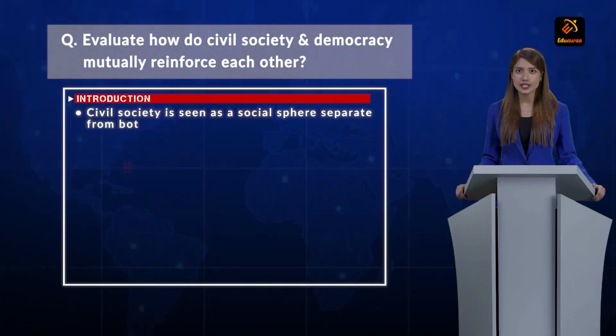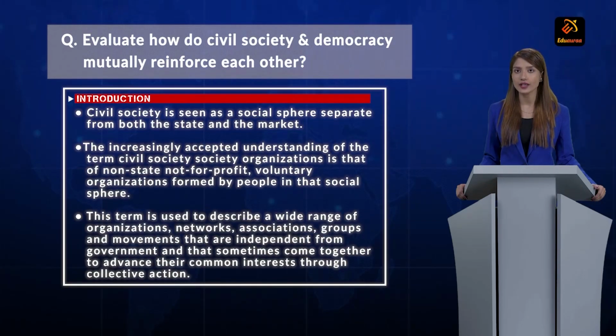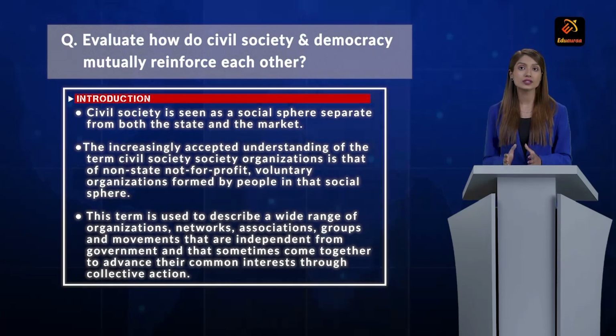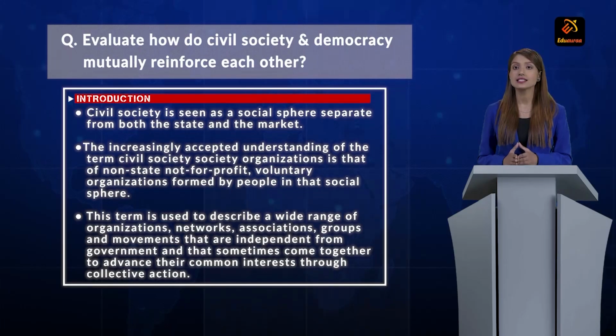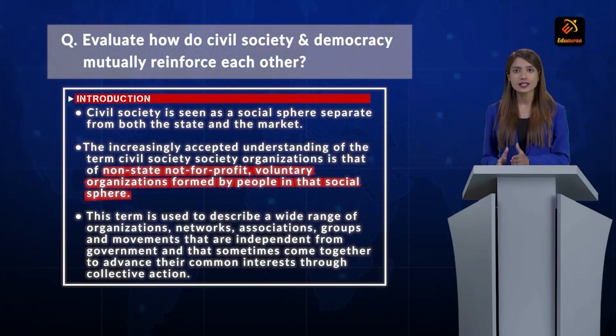So we have to show a good and close relationship between civil society and democracy. We can start by explaining what civil society is in the introduction. Civil society is seen as a social sphere separate from both the state and the market. The increasingly accepted understanding of the term civil society organizations is that of non-state, not-for-profit, voluntary organizations formed by people